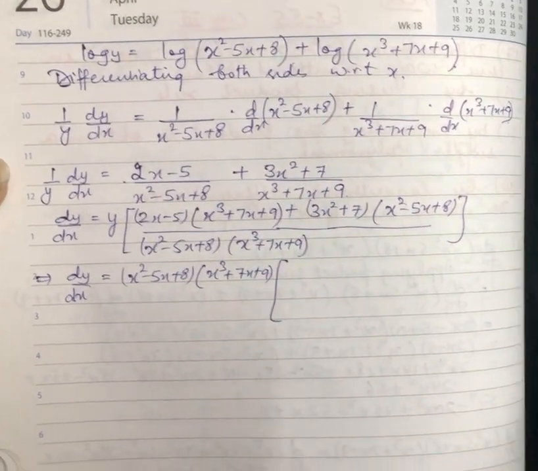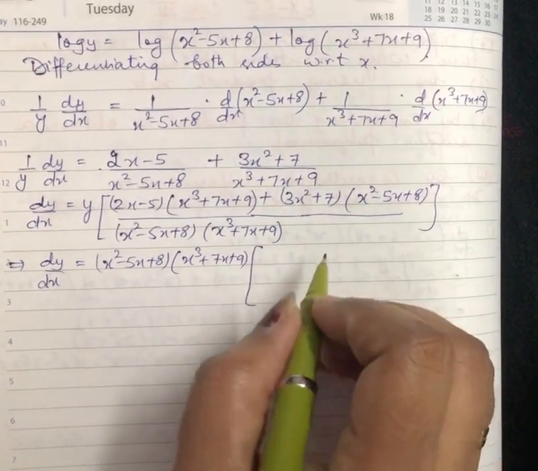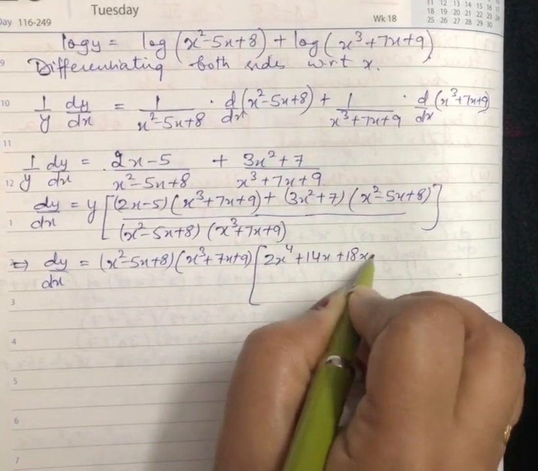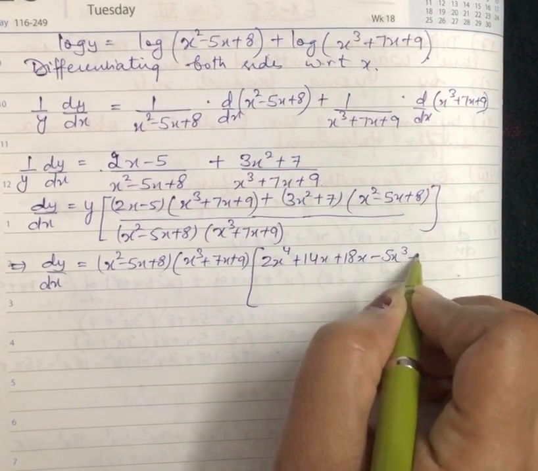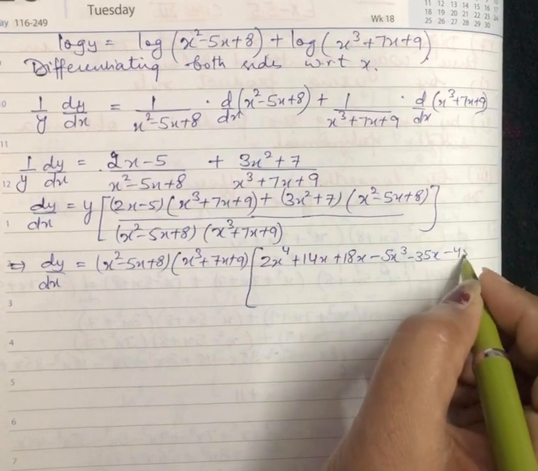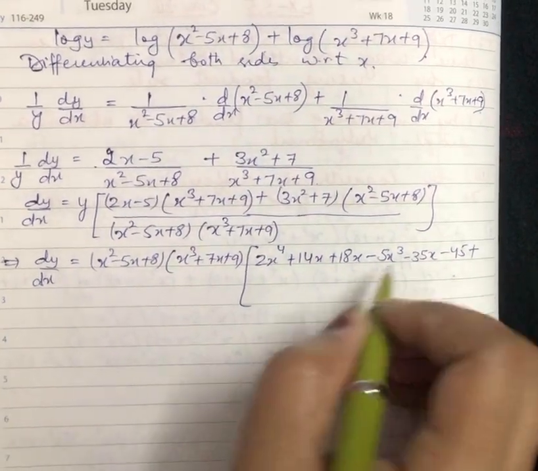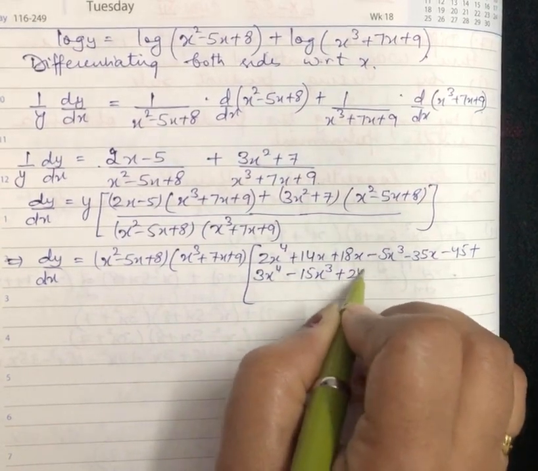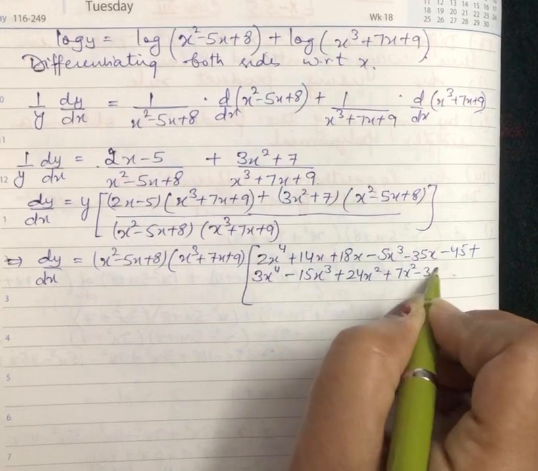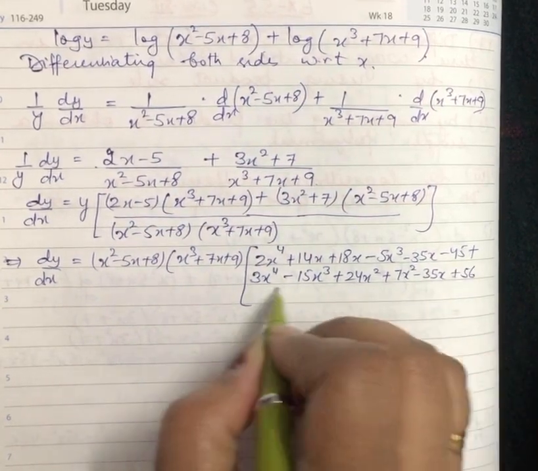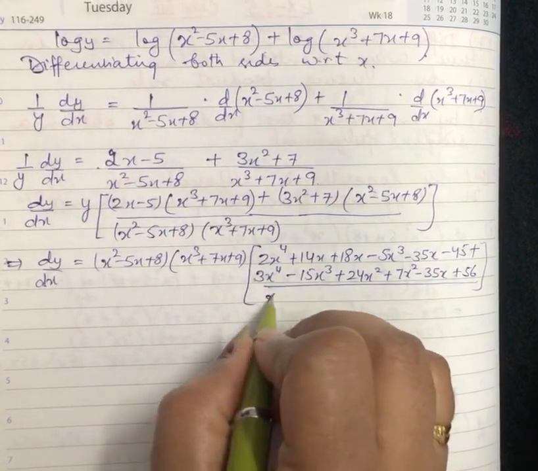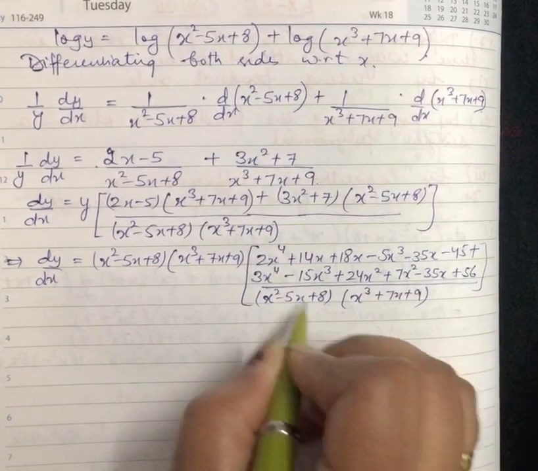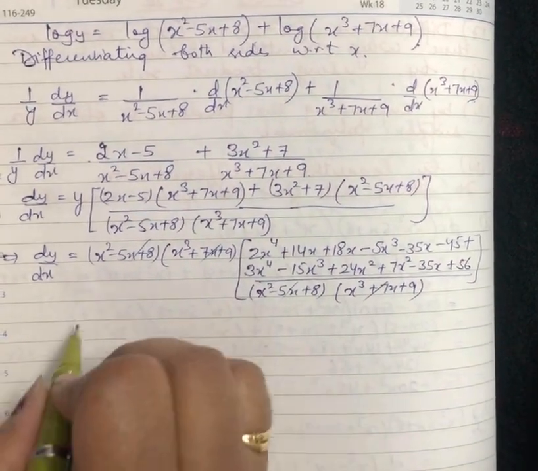Now simplifying these brackets, multiplying this, it becomes 2x to the power 4 plus 14x plus 18x minus 5x cube minus 35x minus 45, then plus 3x to the power 4 minus 15x cube plus 24x square plus 7x square minus 35x plus 56 upon the same thing, x square minus 5x plus 8 and x cube plus 7x plus 9. So it cancels out and we are left with,